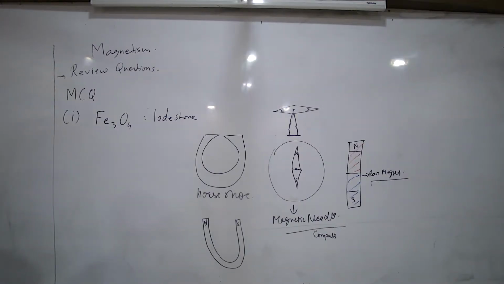The magnetic field at a neutral point is zero. That's not a property of the magnet. That's a situation. What is the property of the magnet? Talk in terms of magnetic field strength. It is the most at the poles. Yes, magnetic field strength is maximum near the poles and decreases as you go away from them. Okay? So this gives you four properties.